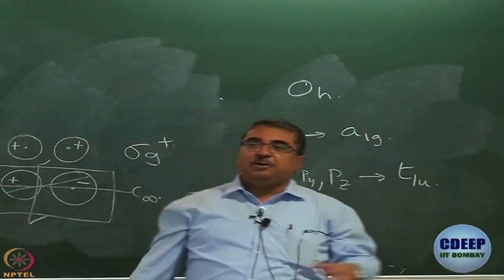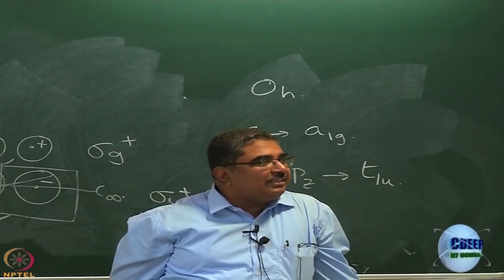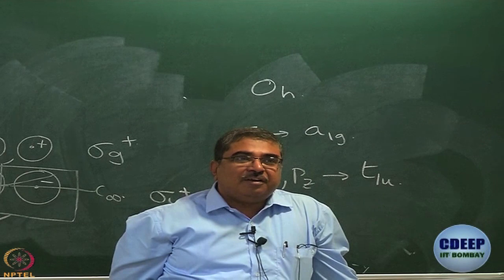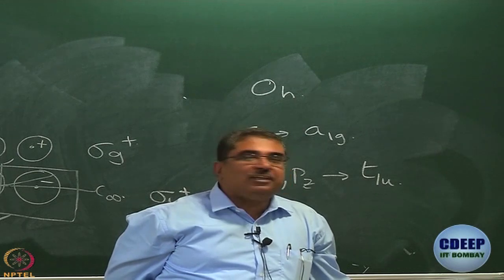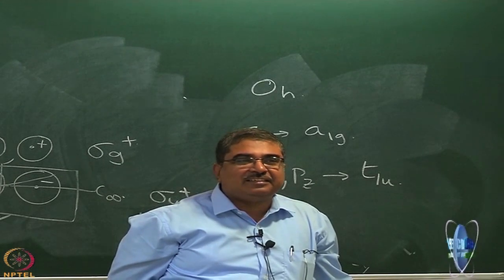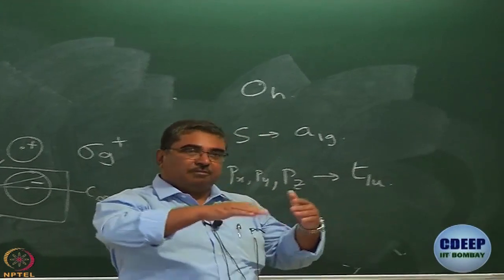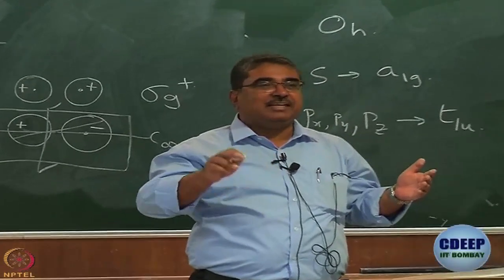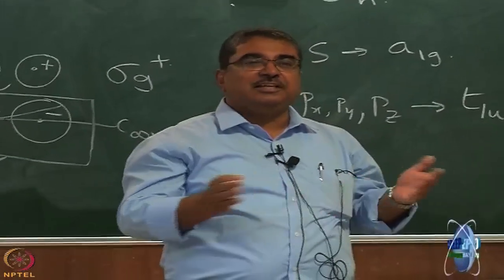What about the d orbitals? Do you remember the names of the d orbitals? dz square, dxy, dyz, dzx. So, these are all your quadratic functions, isn't it? And can you tell me why dz square is called dz square or dzx is called dzx? Because in these wave functions, those functions are actually there. There is something like 3 cos square theta by r square minus 1 in dz square, okay, and that when equated to 0 gives you the equation of the node.